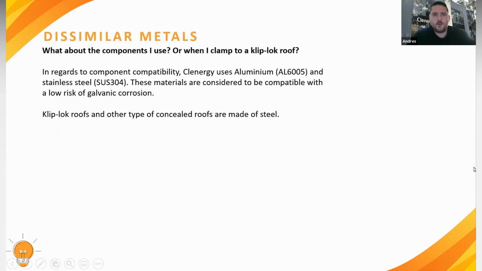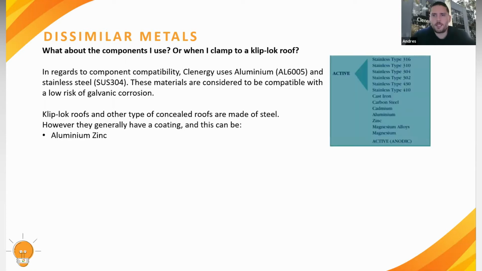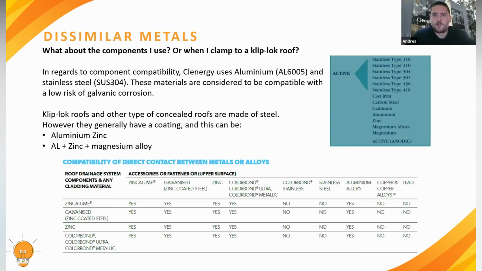All right, covering a little bit more and talking about the clip lock roofs. So what about the components I use when I clamp to a clip lock roof? Now, this is what we were covering on the previous sheet. The two types of metal present when we use a clip lock roof interface directly with one of our interfaces. So our interfaces are aluminum AL 6005, and the direct contact is considered to be compatible with low risk